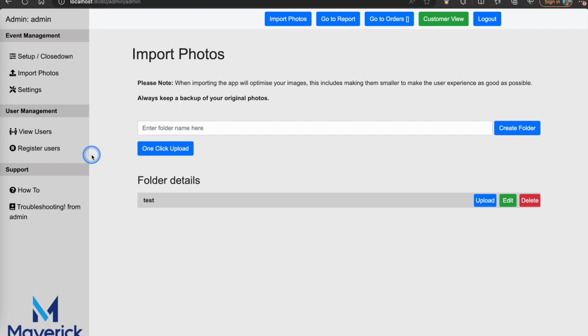So going into import photos, as you can see here, we have some folder details. Once you've imported your images, typically they're imported in folders. It'll list all the folders here, and you can upload into a folder if you wanted to. So if you didn't want to upload into the main folder, you want to upload into a subfolder, you can just click the upload button on that line next to that folder, and it will upload into that